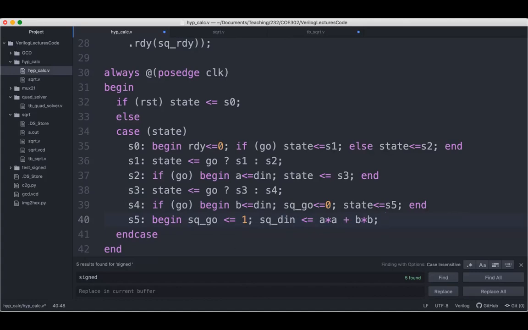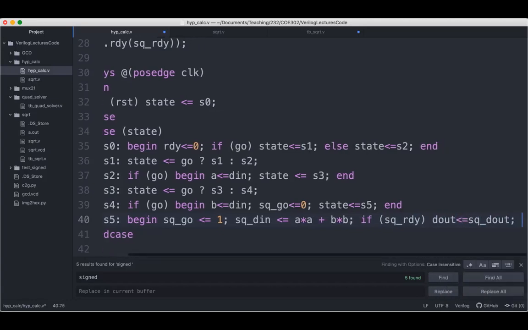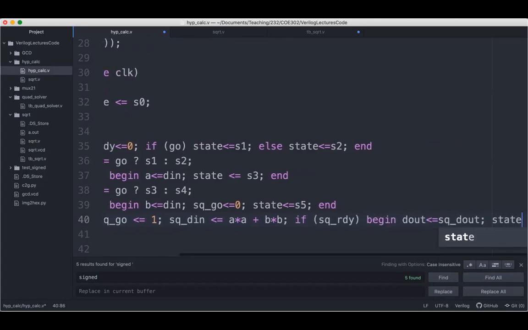And what do I do now? If what? Square root ready. Ready, excellent. If square root ready, then data out equals SQ out. Excellent. Square root data out. And of course, begin. And state